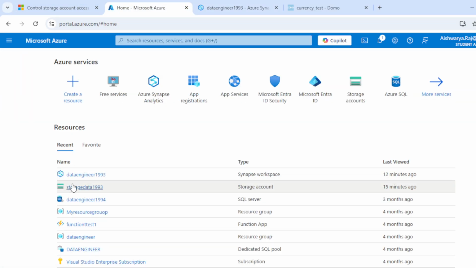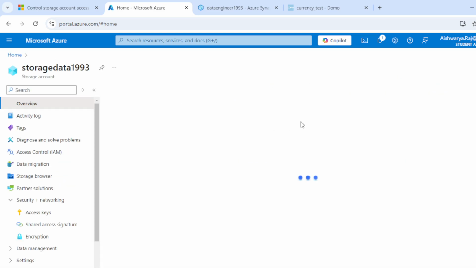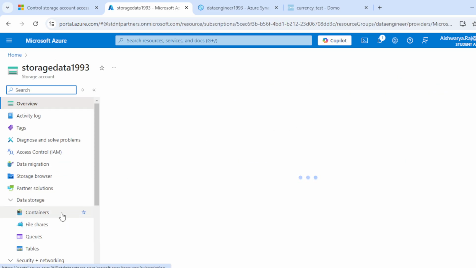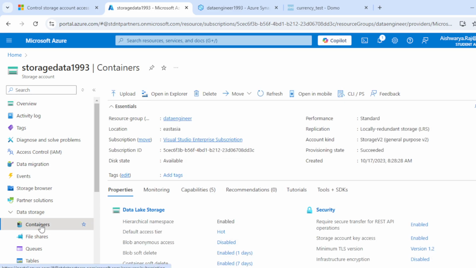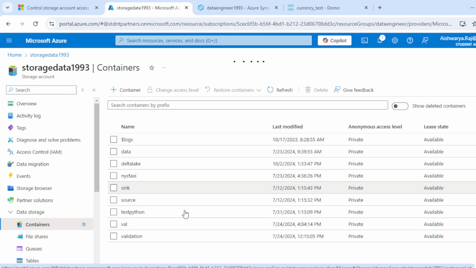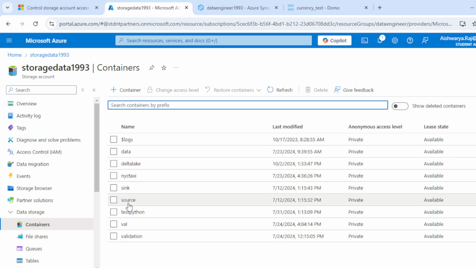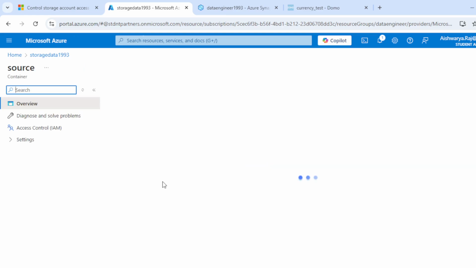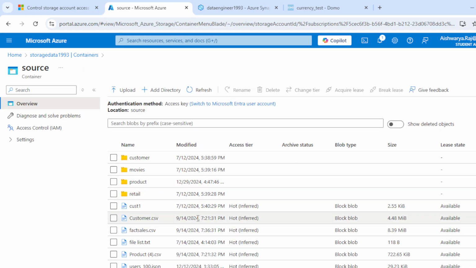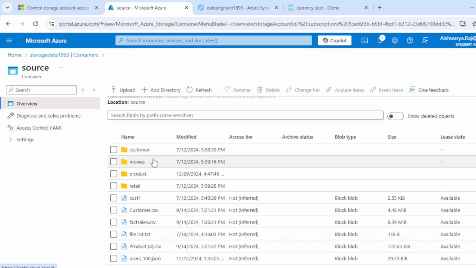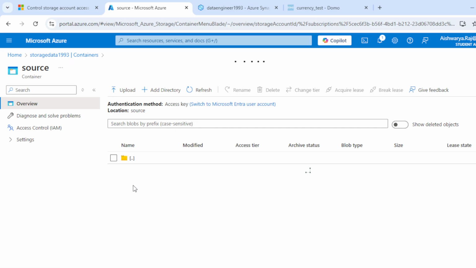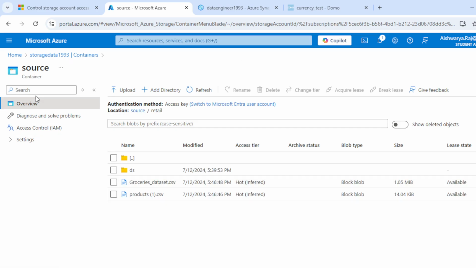So this is my storage account. In this storage account, I have containers. In the containers, I have multiple files. So let me click on a container. Here we can see inside the container I have a directory and then I have a file. Inside this directory, again, I may have a file. Now, to access these containers or files,